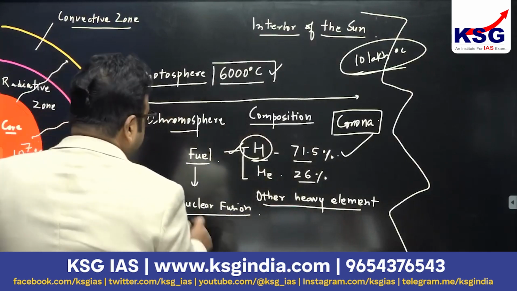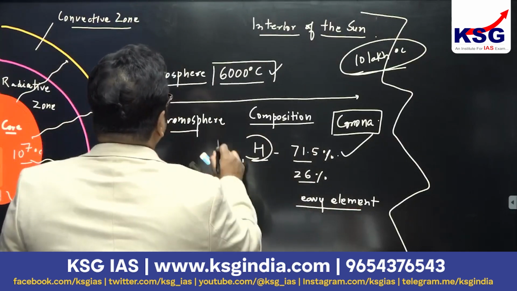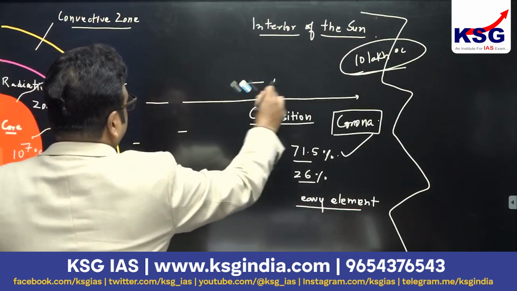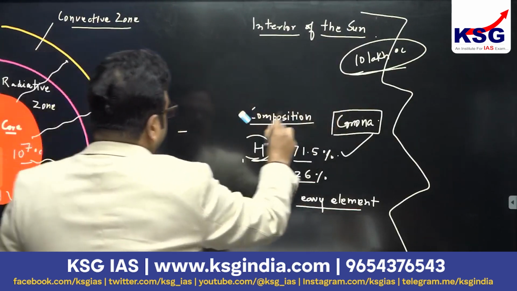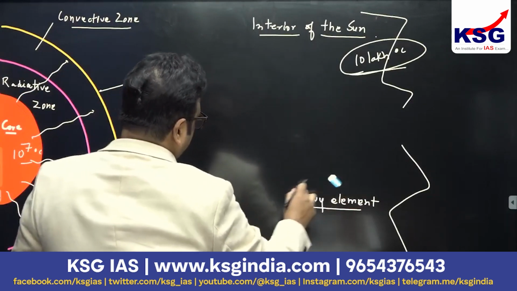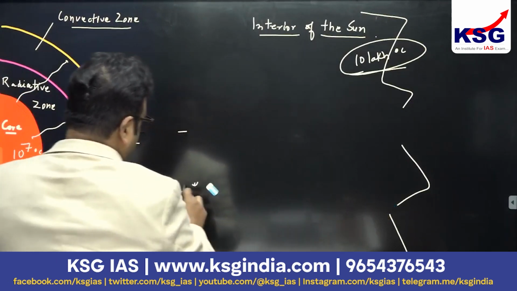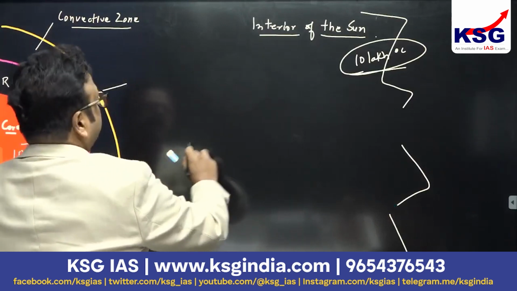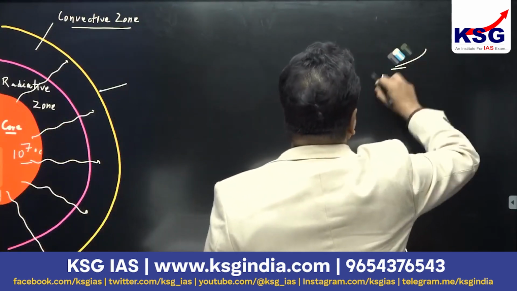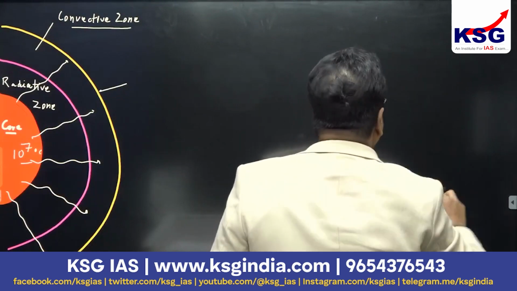And due to this heating, what happened? There is genesis of convectional current in the convective zone. What do you mean by convectional current? The strong convectional current. If you have boiled milk in the kitchen, when mom said, please take care of this milk which is boiling on the small furnace,